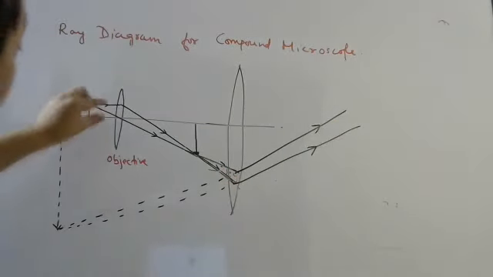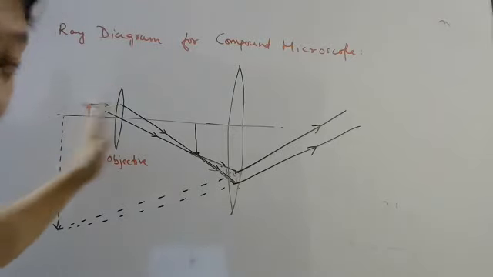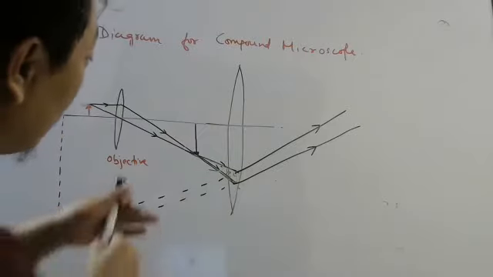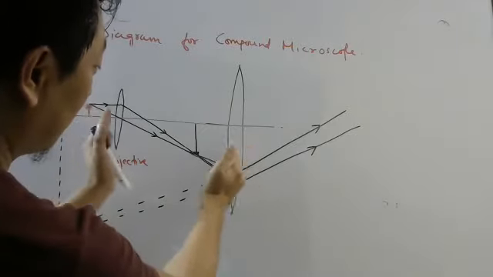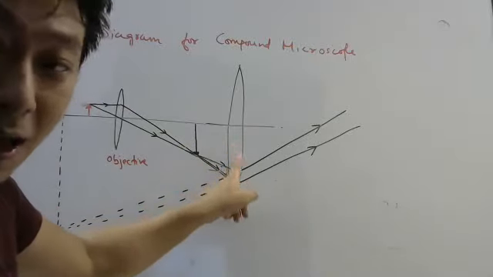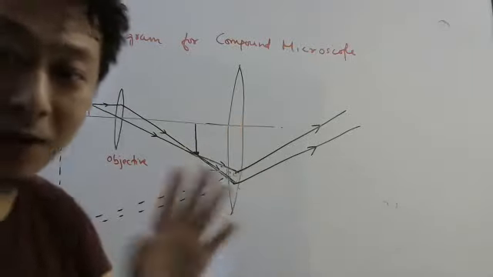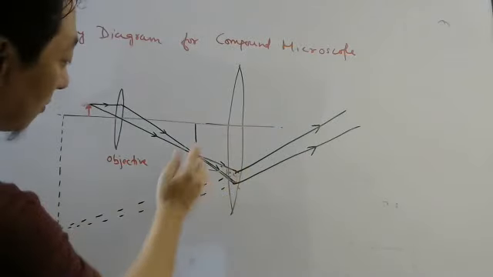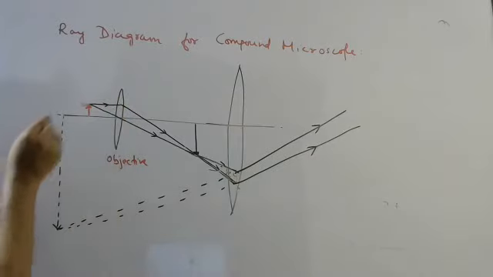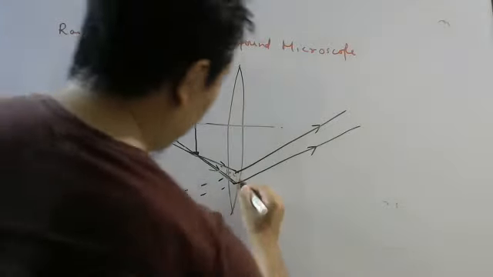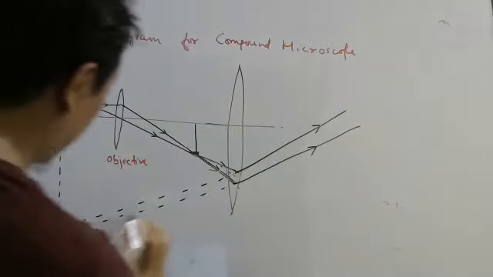Okay. So you keep the object outside the focus. Image will be formed. Real image will be formed here. Then you have to adjust this distance so that this is between the focus of this and the center. So that way this will behave like the simple microscope. So this will form the image of this on the same side. So draw the image here directly. It's a virtual image, and then go dot dot dot dot here, then go straight.